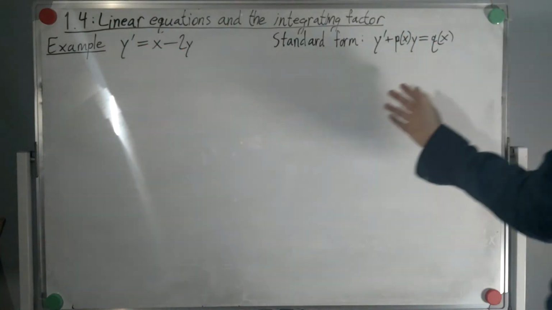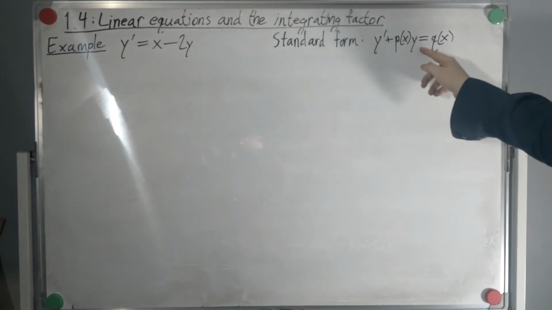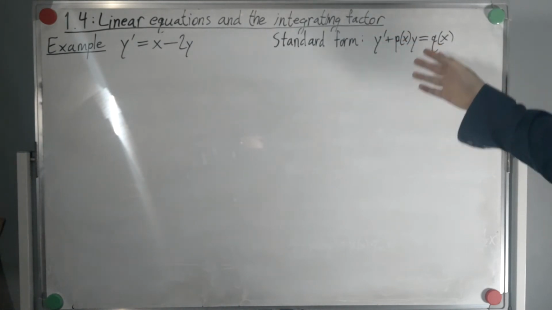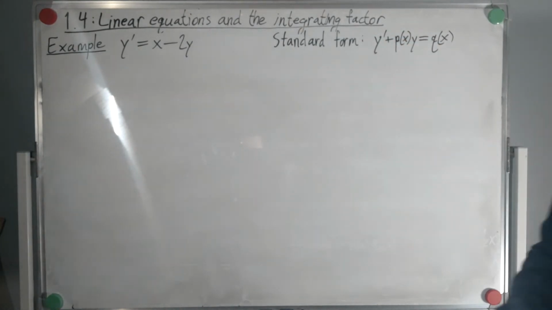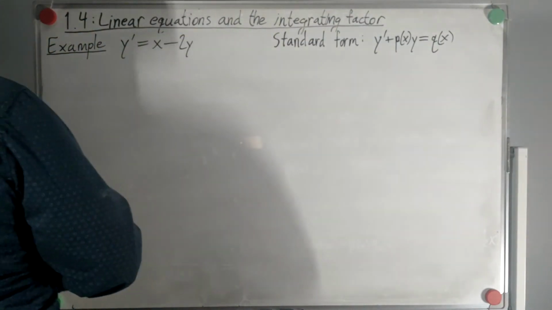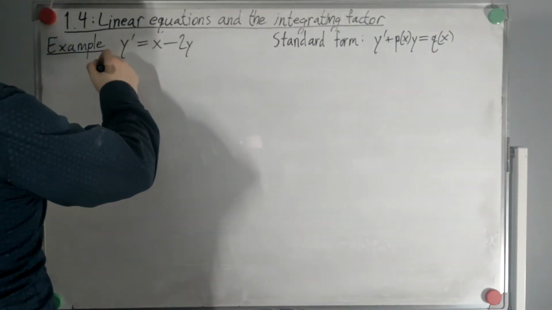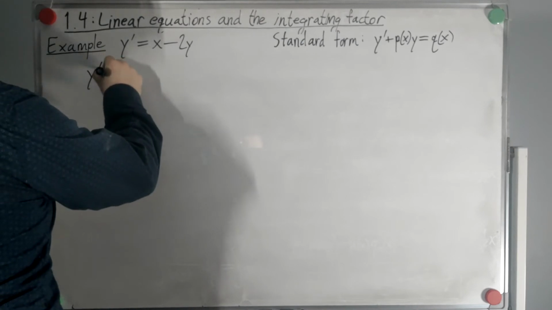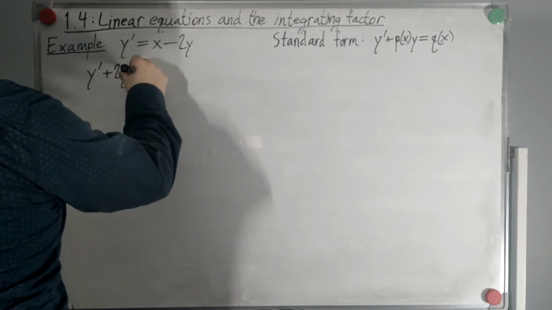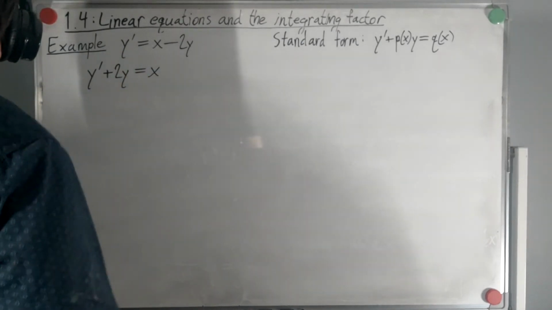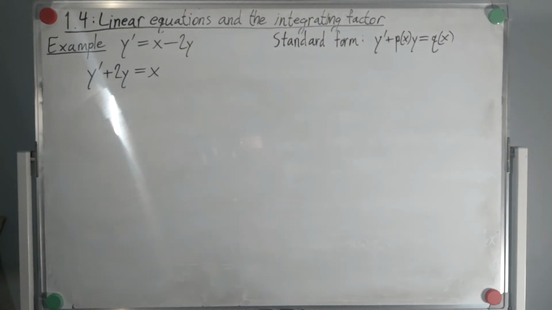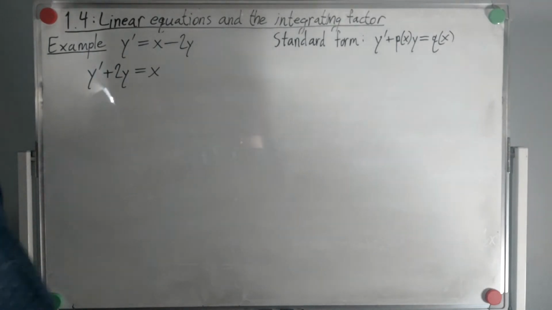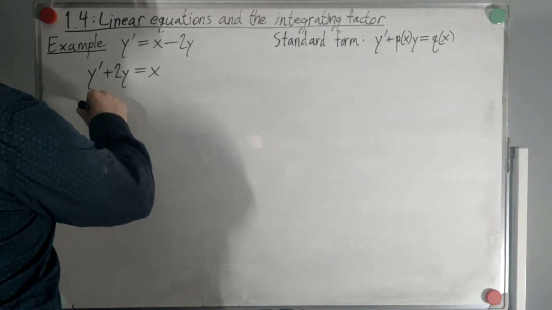However, the standard form also requires that y prime and y be on the same side of the equation, preferably the left. So, what you need to do is first add 2y to both sides. We get y prime plus 2y equals x. Now you can define the integrating factor, mu of x,